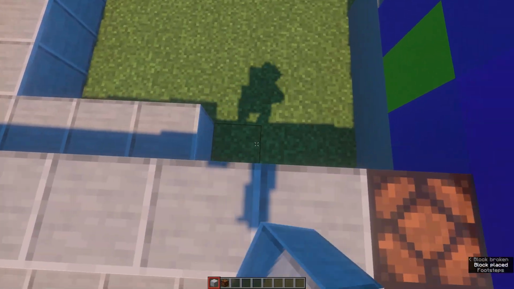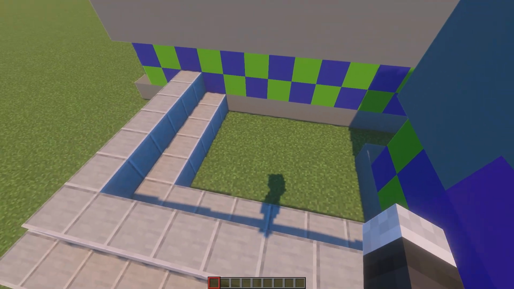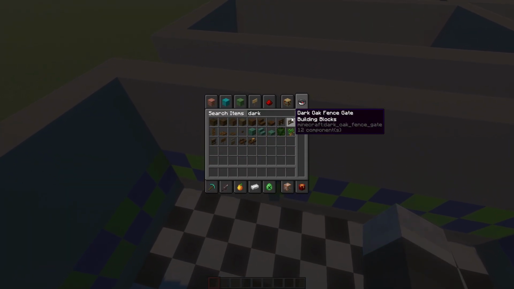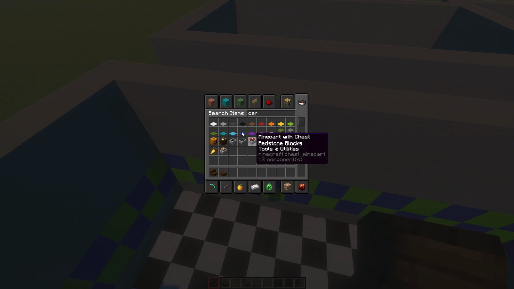With the second one done, we can finally move on to the props in the first party room. So, hold on. Okay. Now, the props in the first room. So, what we're going to grab is dark oak stairs, slabs, white carpet,